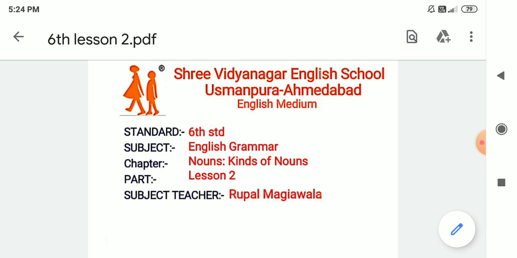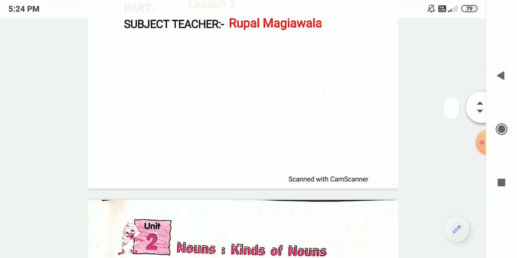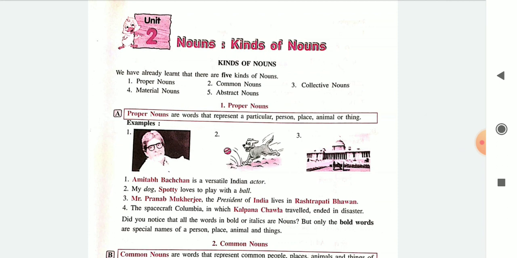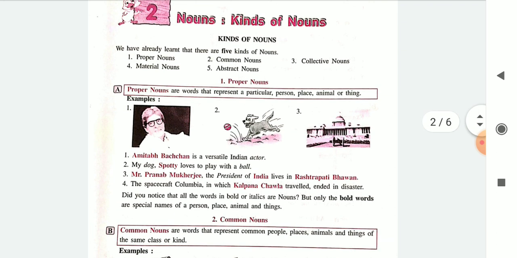Today we are going to do nouns. That is lesson 2 of our textbook. I am sure you are reading, listening to this and also finishing your homework on time. Please do the necessary exercises on time, which will help you to understand and remember the lesson properly. Today's session will be a little long because we are going to finish this part 2, and that is nouns.